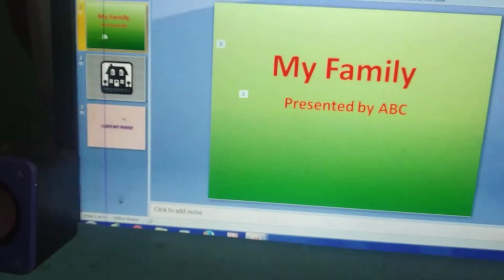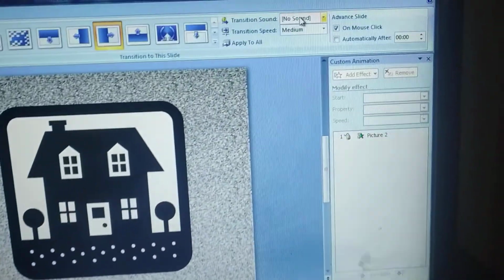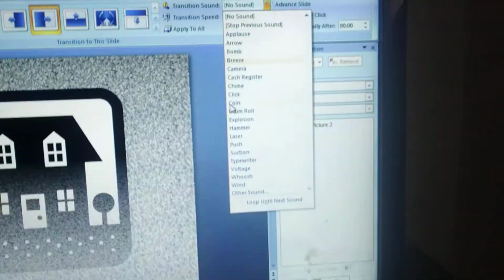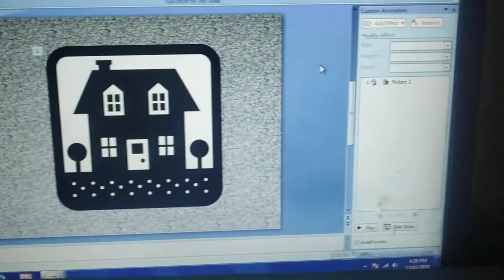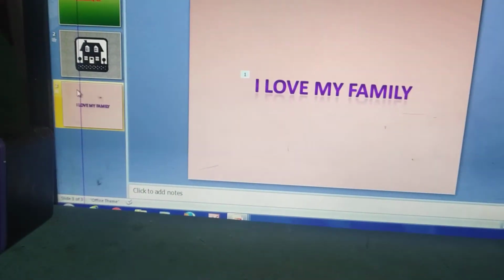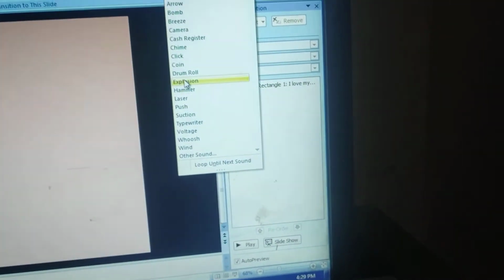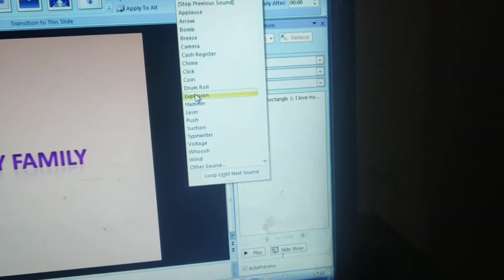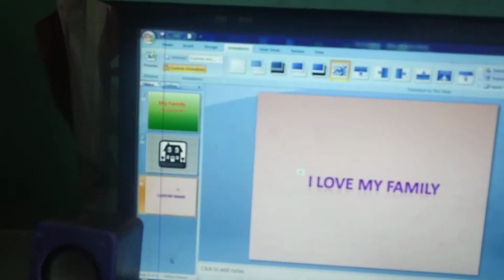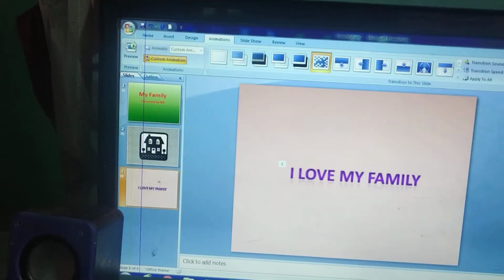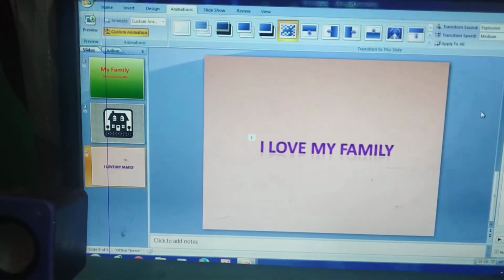This is for first slide. Now second slide, again I will go to the sound effect. I will take drum roll. Now third slide, again sound, explosion sound. Okay, I will choose this one. Now when I start my PPT showing on the big screen, that time these effects will be displayed.